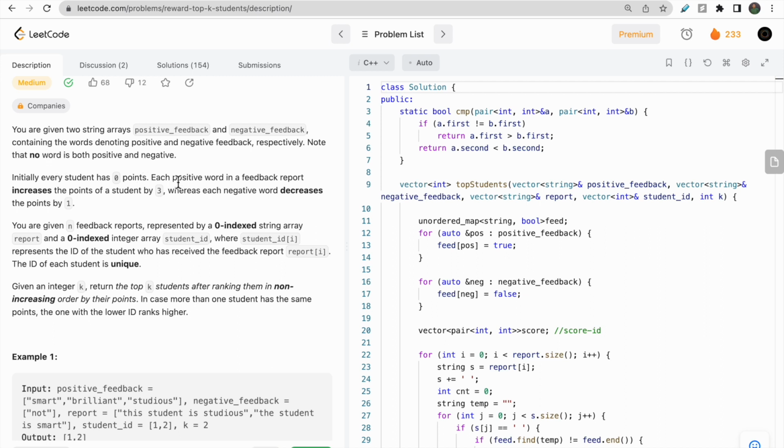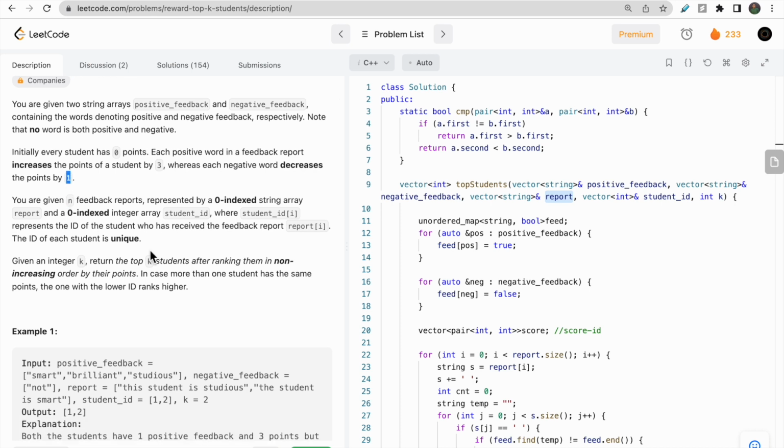Further, we are given another string vector, that is report. The report contains a combination of words or sentences for each student, and for each positive feedback word we have to increase the points for a particular student by 3, and for each negative word we have to decrease the points by 1. Each feedback is linked with a student ID given in